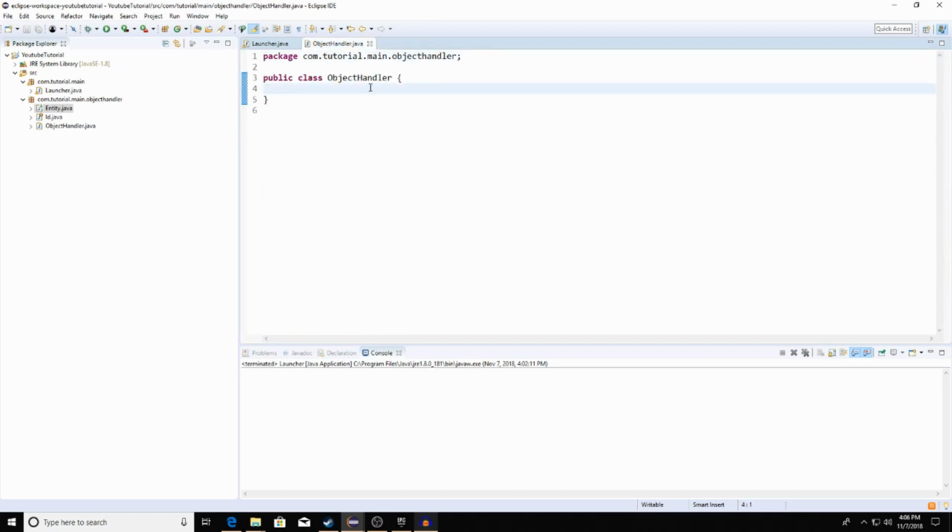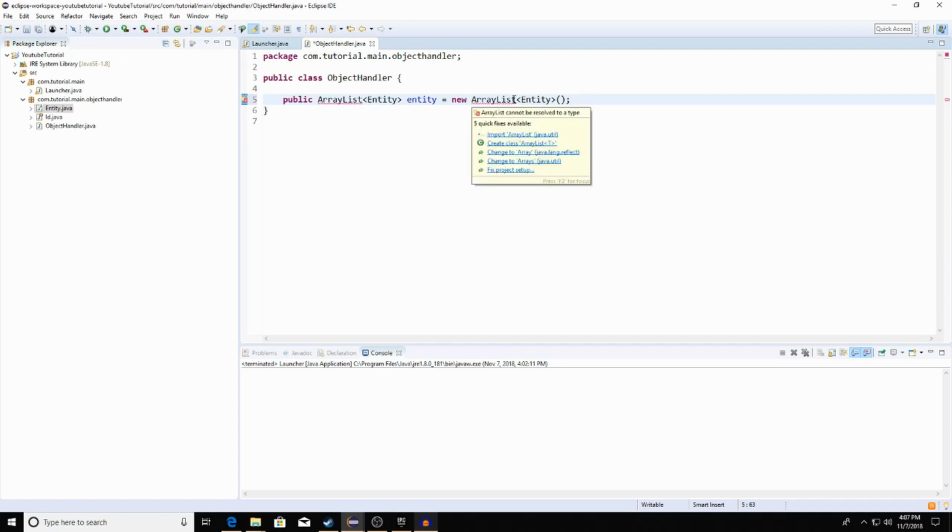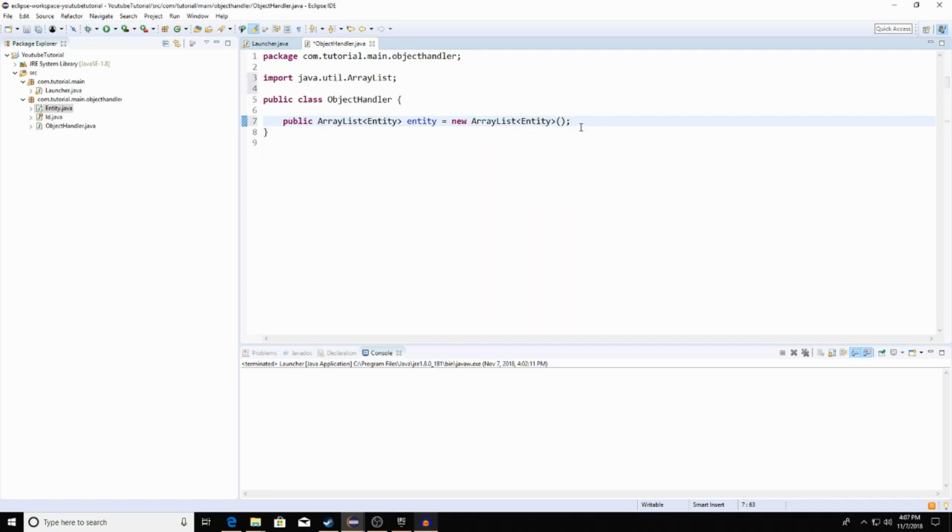Now in your object handler, we're going to use that entity class. So do public ArrayList entity. You want to put entity between these arrows. You just put entity equals new, and then just like before, ArrayList, and then entity right between there, and then your parentheses. Okay, now that you imported ArrayList,